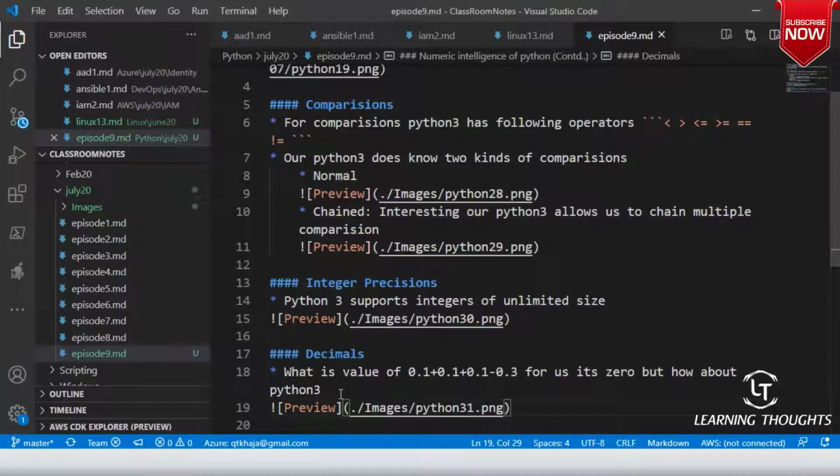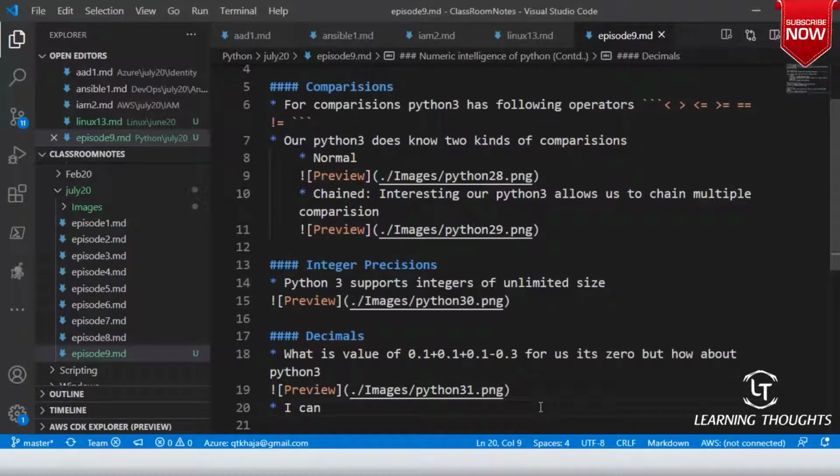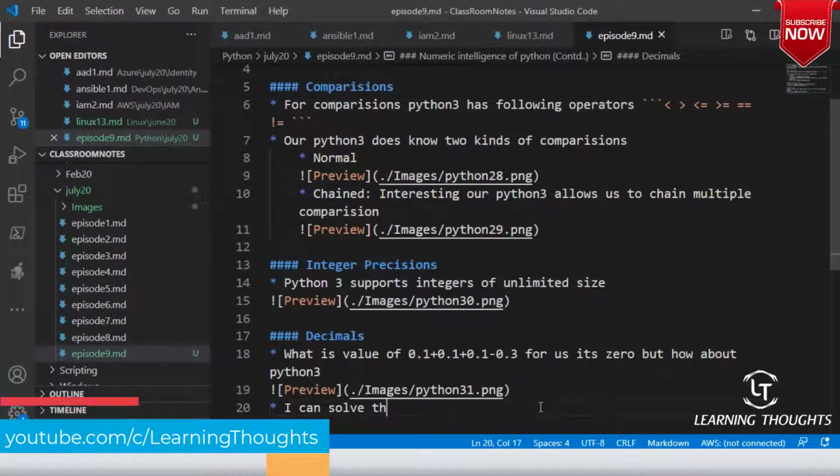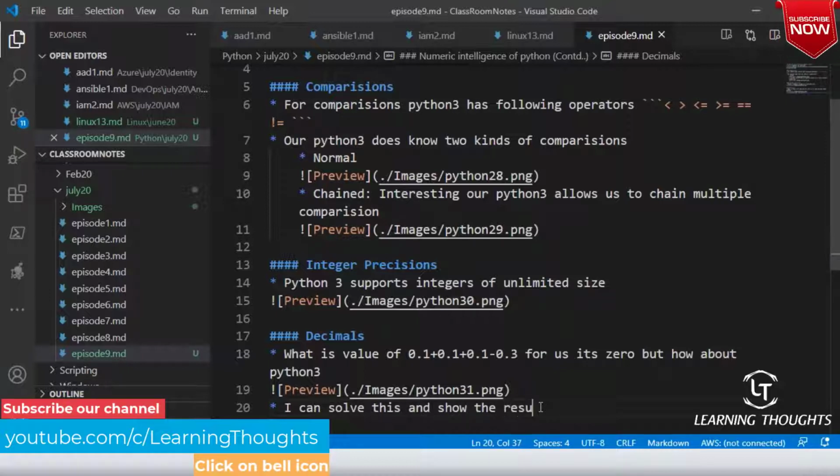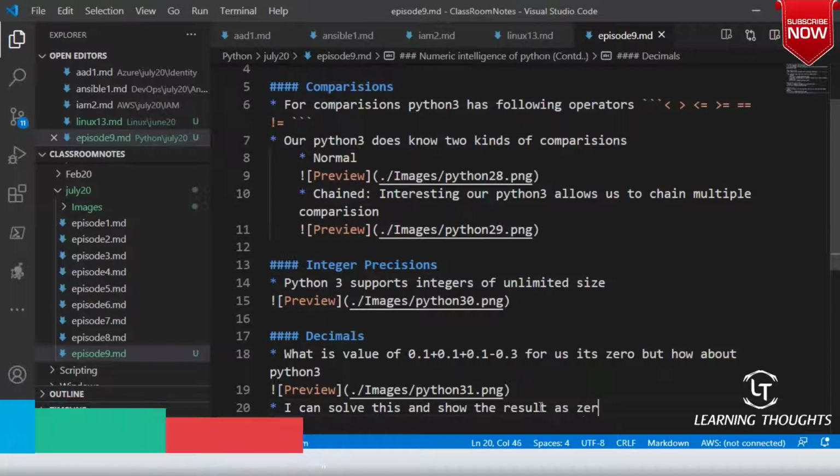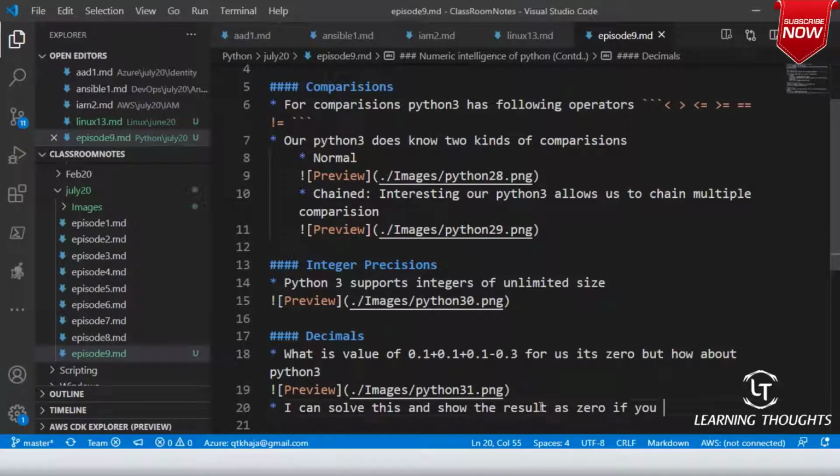So generally why we are getting this problem is, okay, floating point numbers have a hardware related problem with respect to accuracy. That is the reason why you are having this problem. Now what Python tries to tell you is, I can solve this and show the result as 0 if you use